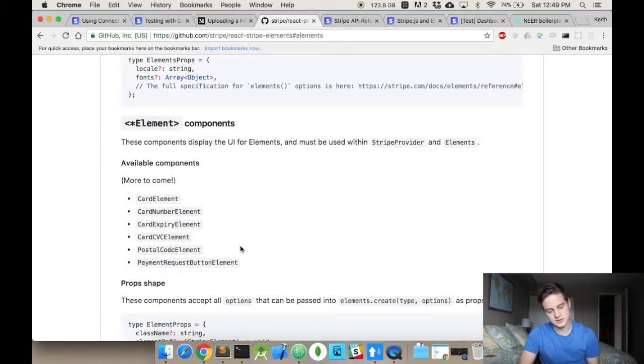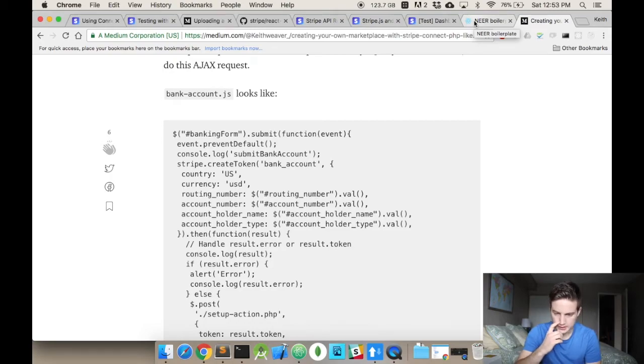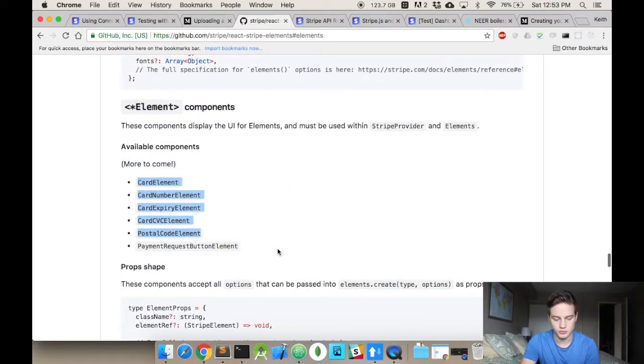So this is useless. Okay, that's kind of annoying. This won't work because there's more to come. Doesn't help us because we need the bank account one. So after a little research, I looked around and I realized that the elements Stripe React supports are card elements, postal code, and payment request button. None of the ones that support bank account